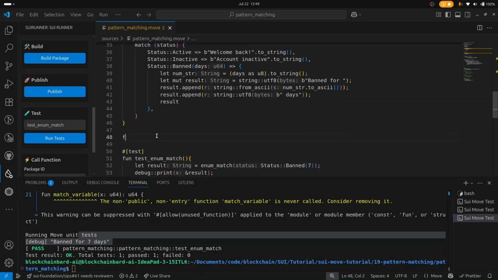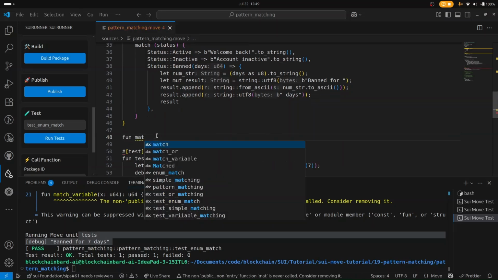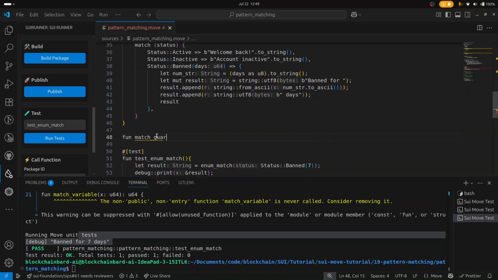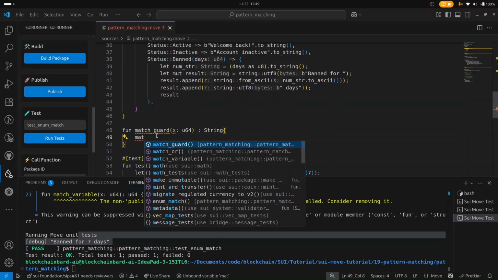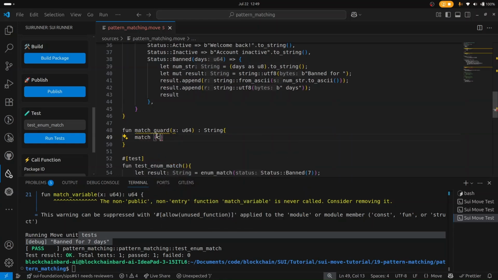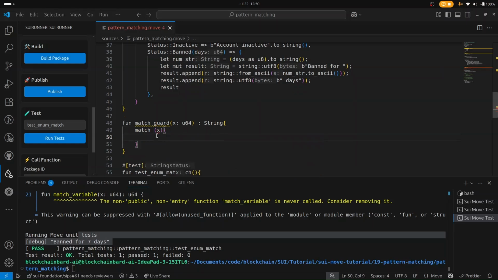So let me create a function again and name it match guard. Let me take in a value of type u64. Now what I want to do is check if a number is odd or even. So let me return this thing. Let me match x, and start my block. Now I would say n if, so now I want to return that value n. So I want to get it if n